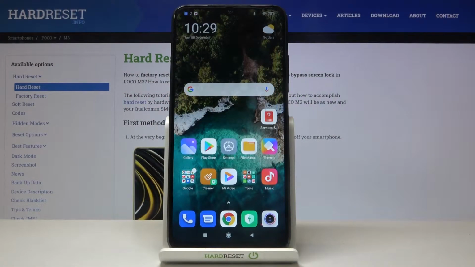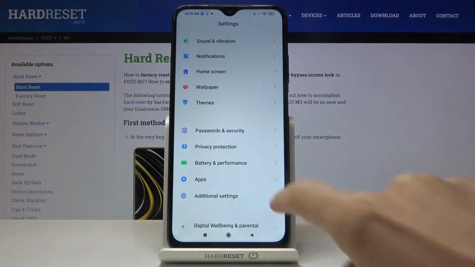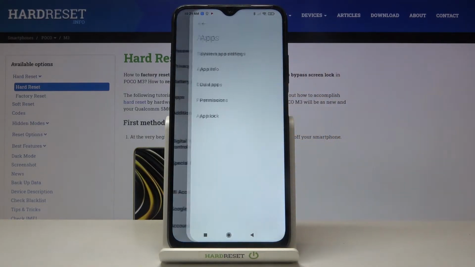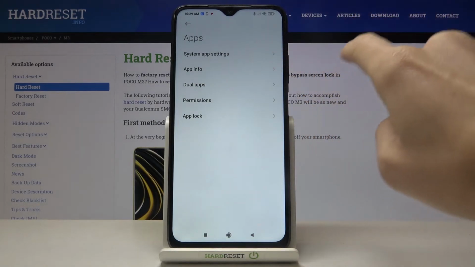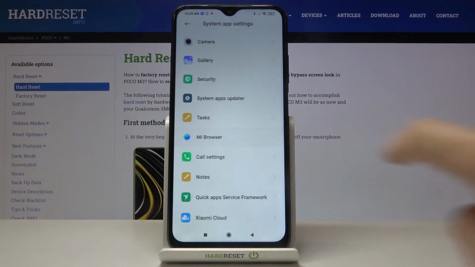In front of me is POCO M3, and let me show you how to set up the default browser on the following device. So first of all, you need to reach the settings, then find and select apps right here, and go to system app settings. Then pick browser,